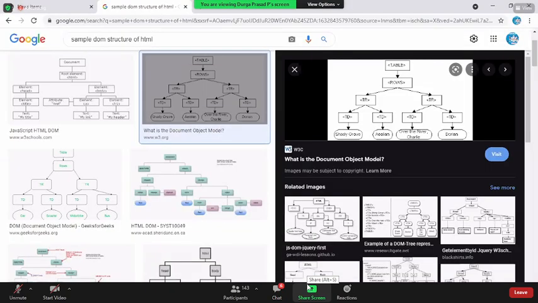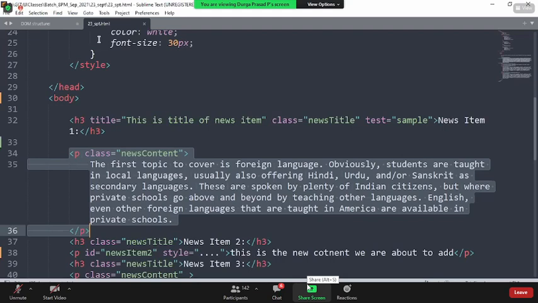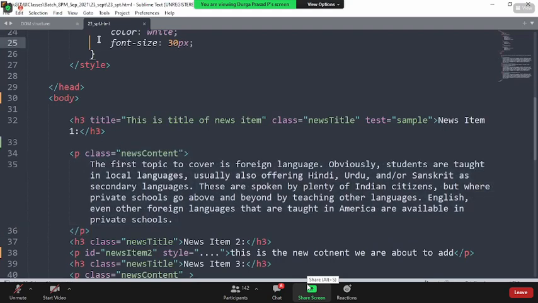Why do we use DOM? We as developers are writing this web page, but for a browser, it needs to convert this complete page into a parent and child relationship. For the browser, it is called a DOM structure. To construct the complete page, it needs to know what the siblings are, what the parent is, what the children are, what its attributes are, what its content is. So when the browser is building the web page for us, it always follows the tree structure to make the complete web page with the relevant content.